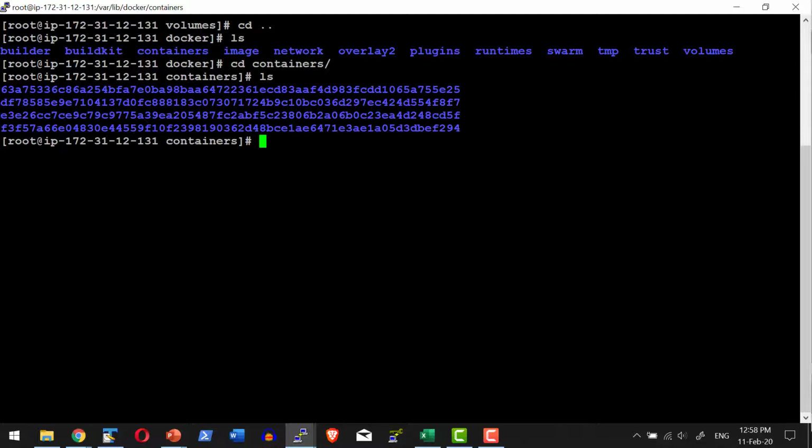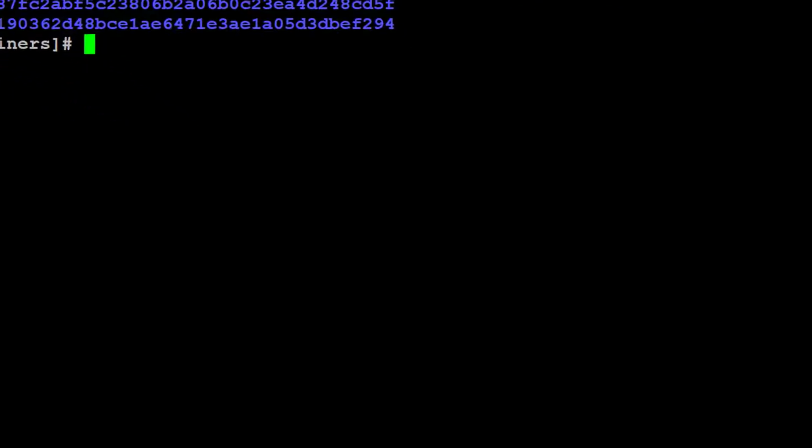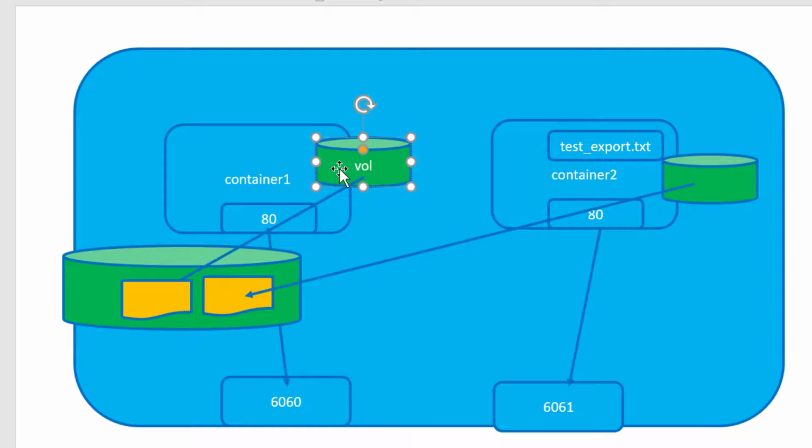A volume is nothing but a virtual volume that I create and get attached to a container. I'm going to create a volume, and the volume will get mapped to a folder within the host system, or I can map it to NFS, and there are a number of other options available. For simplicity, we are going to map it to the local file system using the local driver. Once the volume is created, while starting the container, I can attach that volume to that container.